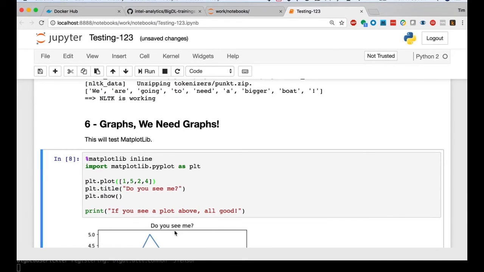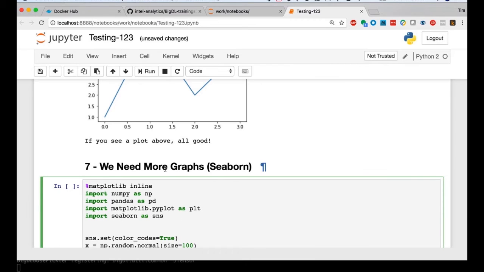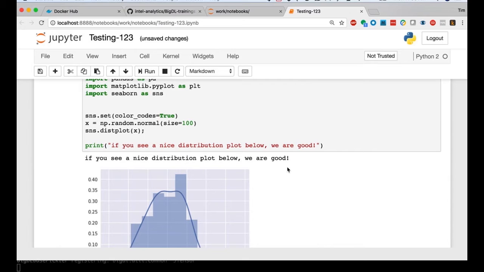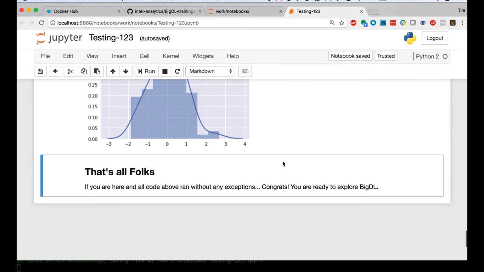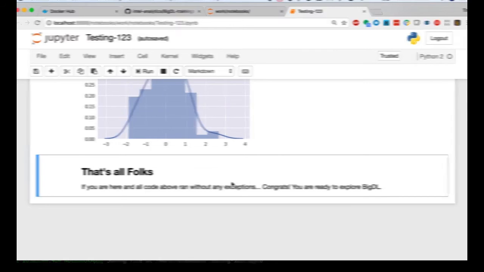We do see it. And we have Seaborn. So Seaborn, I'm going to run that. All right, and see Seaborn is a bit prettier than Matplotlib, so we can see that there. In the next section of this video, I'll be going on to show you the same material, but inside of the Sandbox, the elephant scale Sandbox VM.